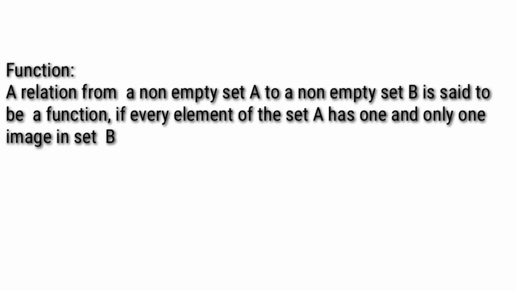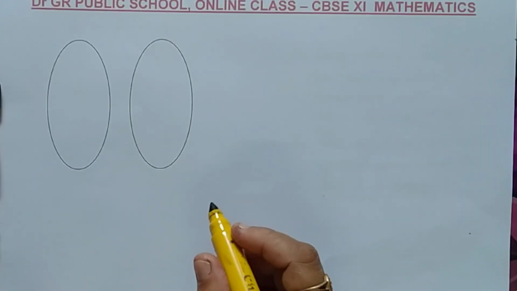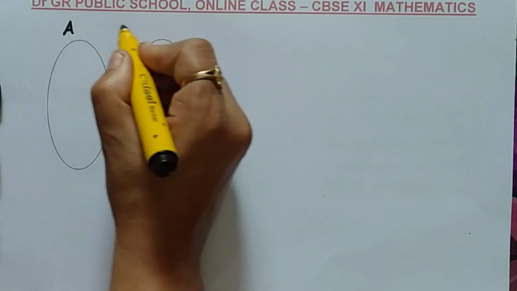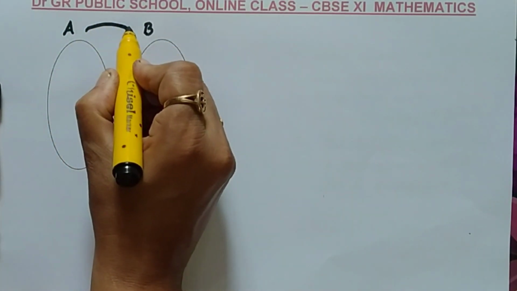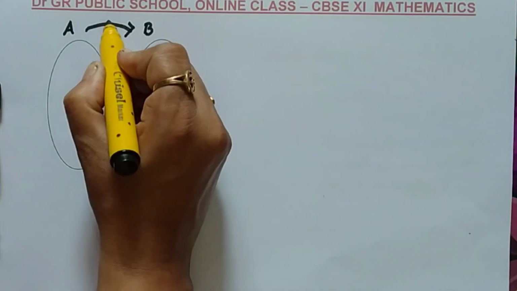A relation from a non-empty set A to a non-empty set B is said to be a function if every element of set A has one and only one image in set B. Okay, I will give a detailed explanation for the definition of a function. The condition is that given two non-empty sets A and B, a relation from A to B is a function